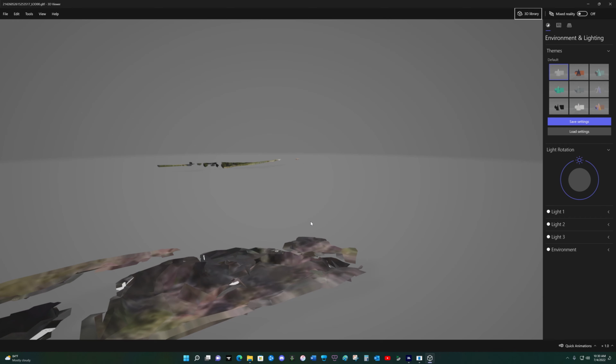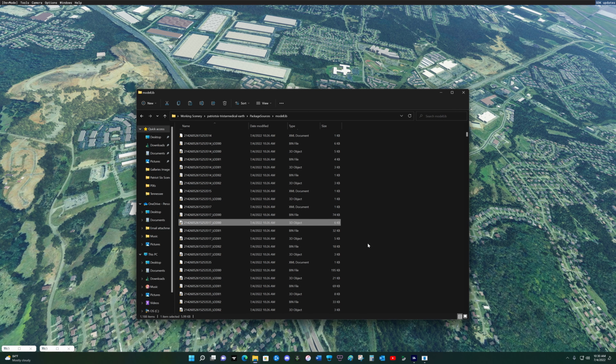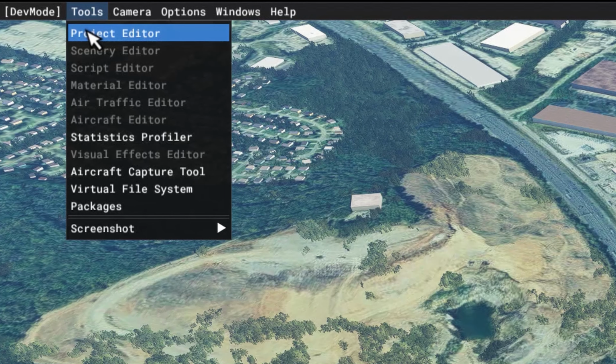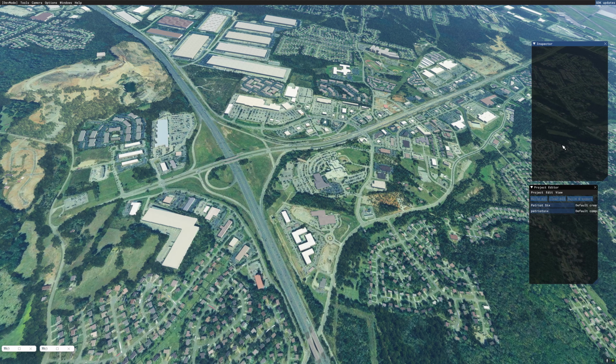And even though this particular tile is a small sample, you can see that it is 3D. So we know we are good there. And now we're going to open up our tools. Up on the developer menu, I'm going to click Tools, Project Editor, and the project editor comes up along with